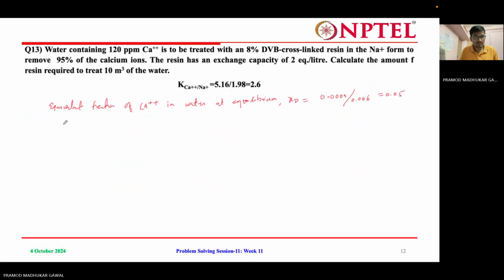Now if YD is the equivalent fraction of Ca2+ in the resin phase,